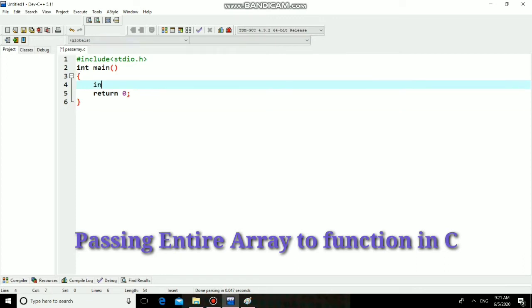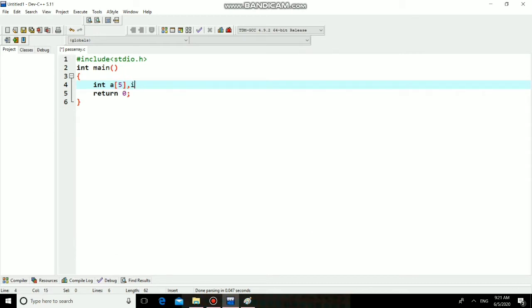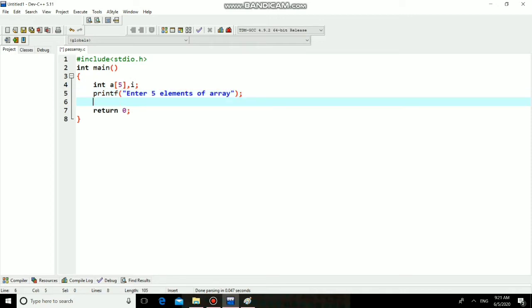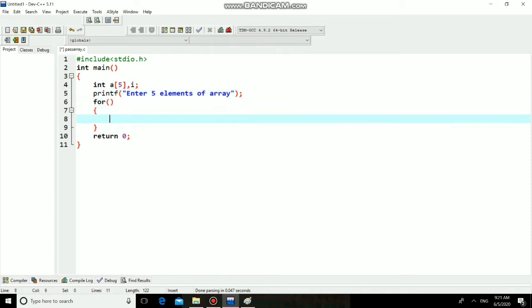So first create one array. I am taking size as 5. Then we require an i variable for reading those elements. Then read the array from the user: enter 5 elements of array. Then I'm going to read these elements at runtime from the user.